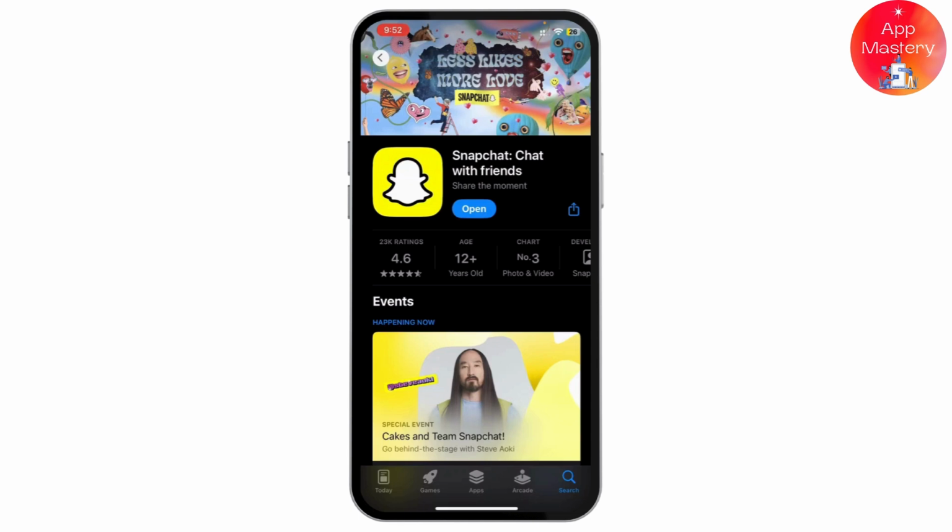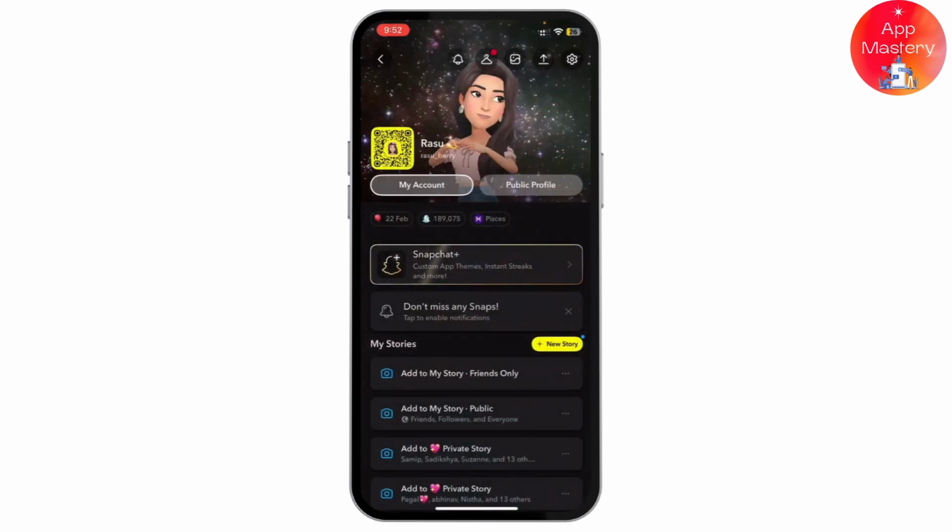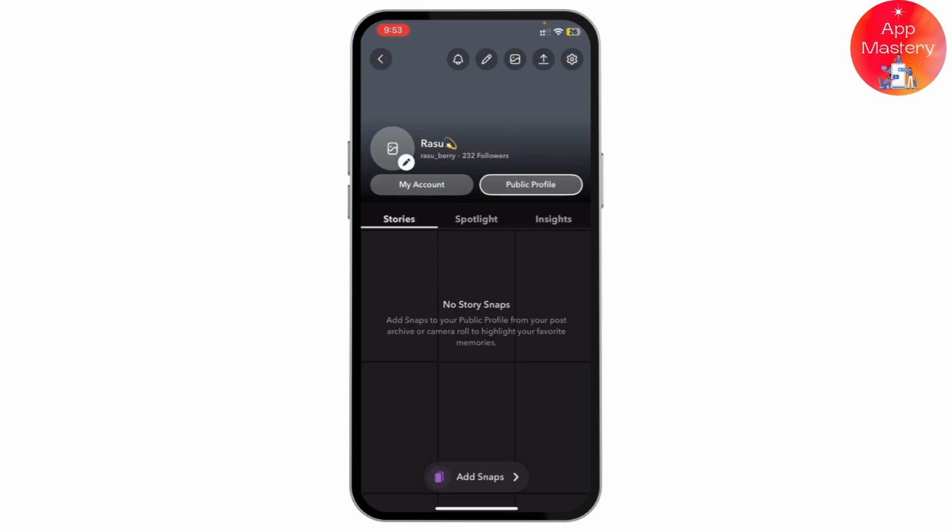Today I'll show you how to create a public profile on Snapchat in just a few simple steps. First, open your Snapchat application and then go to your profile on the top left. There, beside my account, you'll see public profile. Tap on it. And then here you'll see options to put your stories, add snap, and then this will be